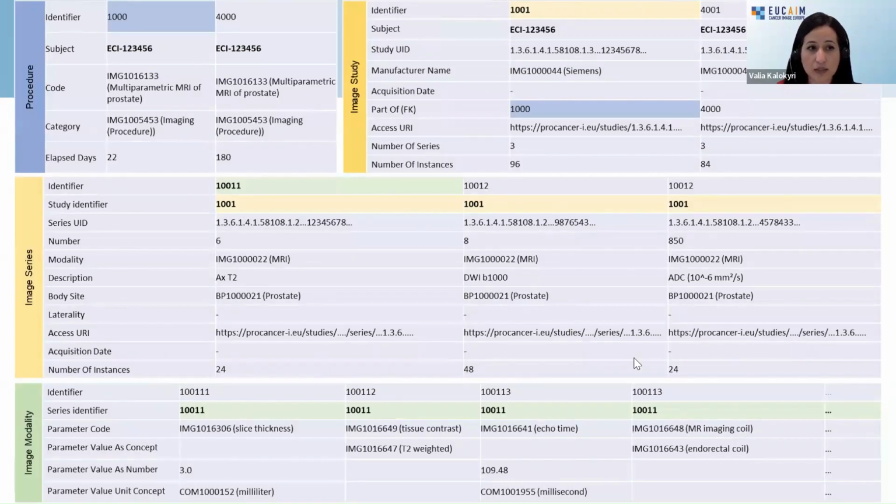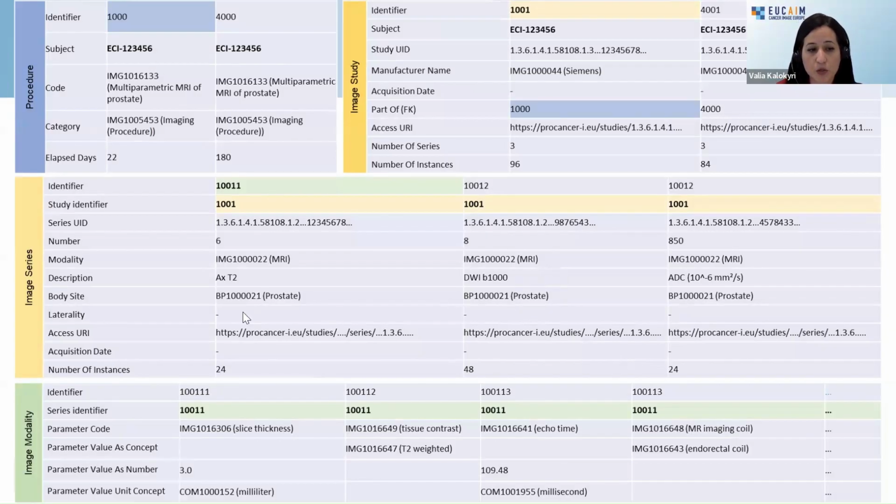The other important part is the imaging-related information. As I said, DICOM itself, for the values of specific tags, they are free text. And what we have done here at UNICA is to standardize some important information coming from the DICOM metadata.